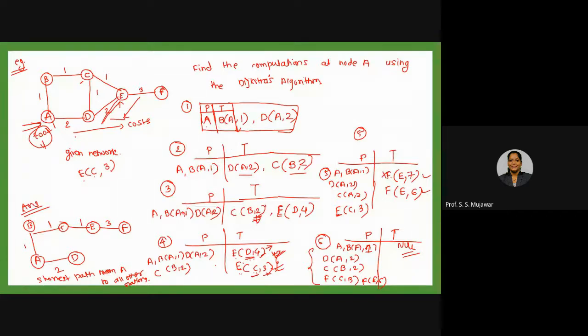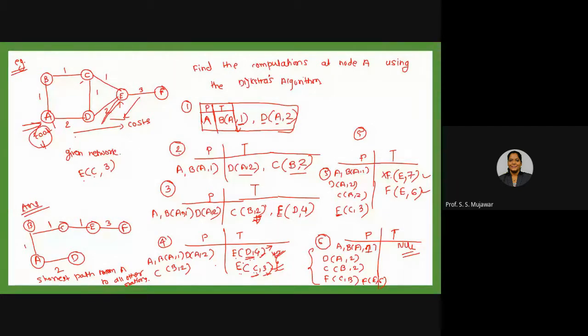Fine. So like that, we have started with A, and from A we now select the neighbors of that node, the neighbor routers which are directly connected to it. From A, we have connections to B and D, isn't it? We have a direct line from A to B and A to D. So we include those two nodes into the temporary column. To reach B from A, we need a cost of 1. To reach D through A, we have a distance of 2. We have mentioned that here.